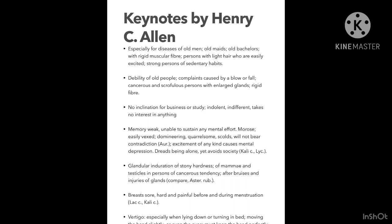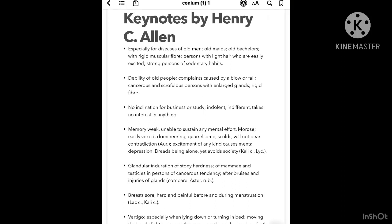persons with light hair who are easily excited, strong persons of sedentary habits. So this is related to all diseases of men or old maids, all old people, who have rigid muscles and strong persons of sedentary habits. Weakness of old people, debility, complaints caused by a blow or fall, cancerous and scrofulous persons with enlarged glands and rigid fiber,